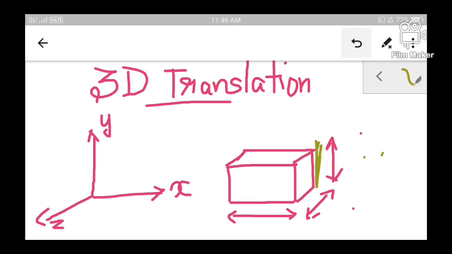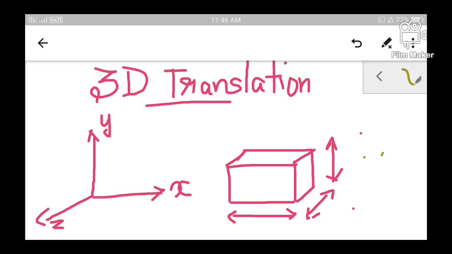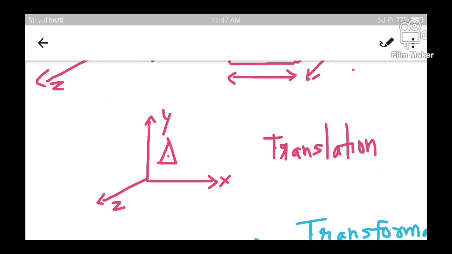So now I hope all of you know the 3 different aspects of an object in 3D. Every 3D object will have its length, breadth and height, and these are represented using x, z and y dimensions. Clear? Now let us see how we can translate a 3D object from its current position to a new position. For this, let me take a new figure.